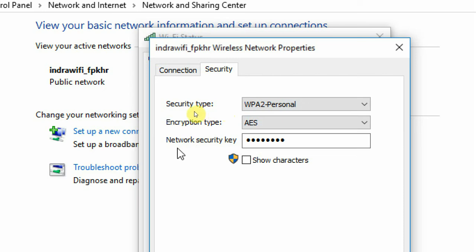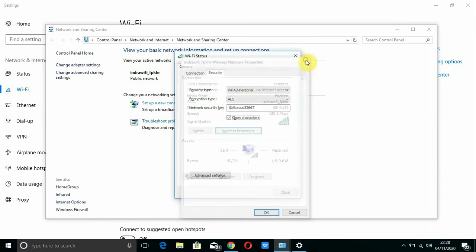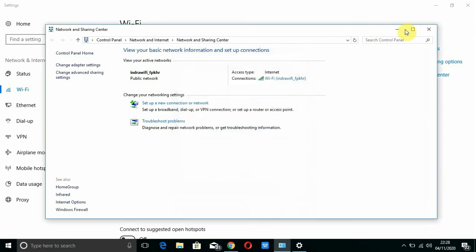Network security key means it is the Wi-Fi password, and let's show its characters here. And here we can see the password of the Wi-Fi which is connected to our computer. Okay, this is one way to find the password of connected Wi-Fi on our computer.